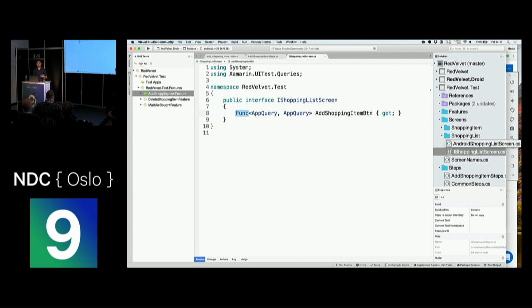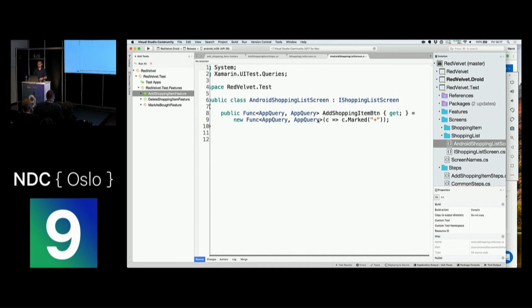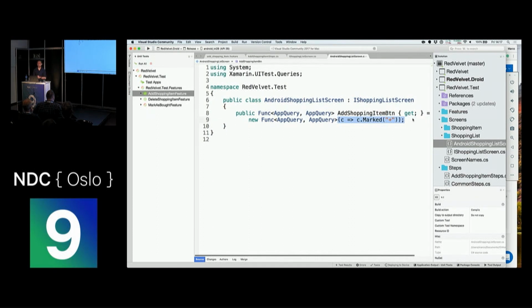So what I can do right now is show you that the iShopping list screen has an Android-specific implementation. And here we see the marked functionality. So I marked the button with a plus sign. And this way, the application can just tap the add button, just the plus sign, and make sure that the item is being added to the list as well.